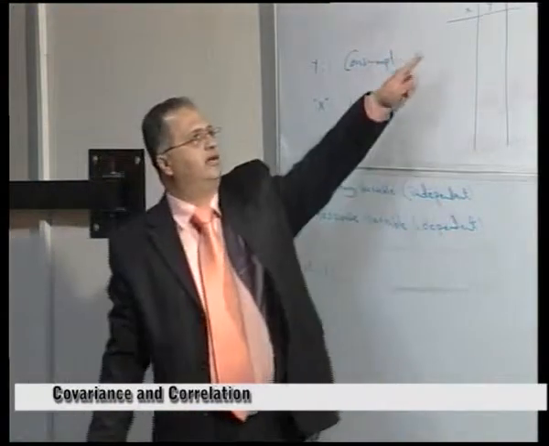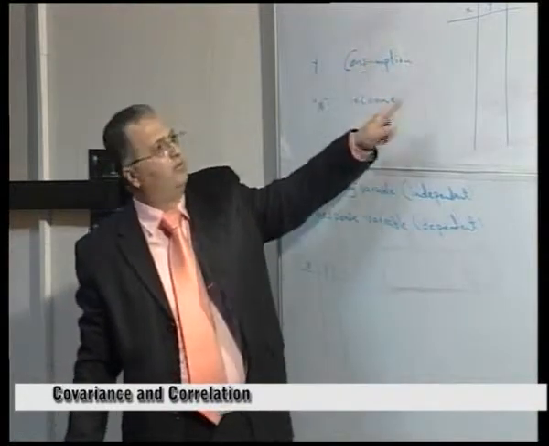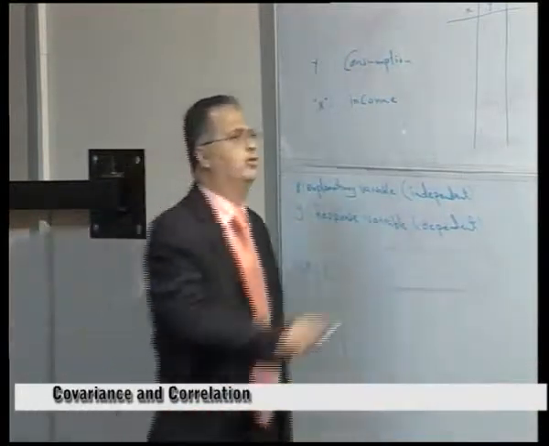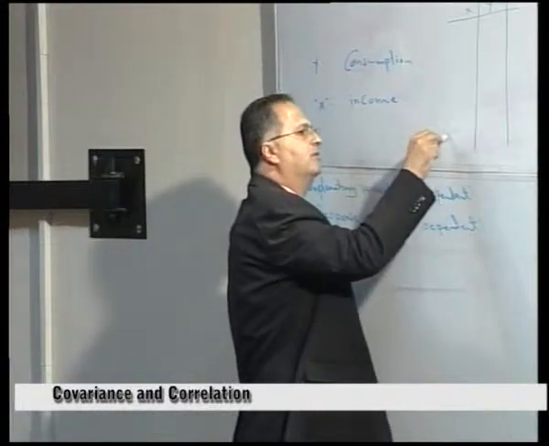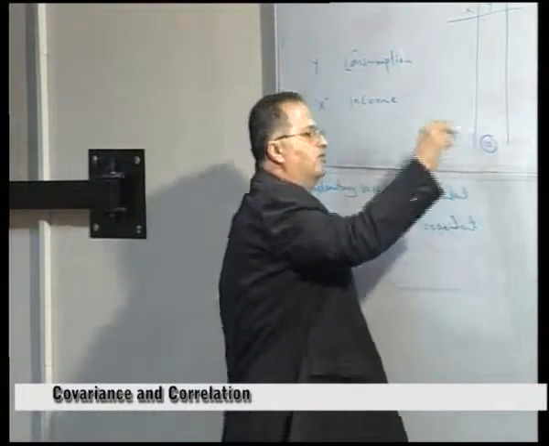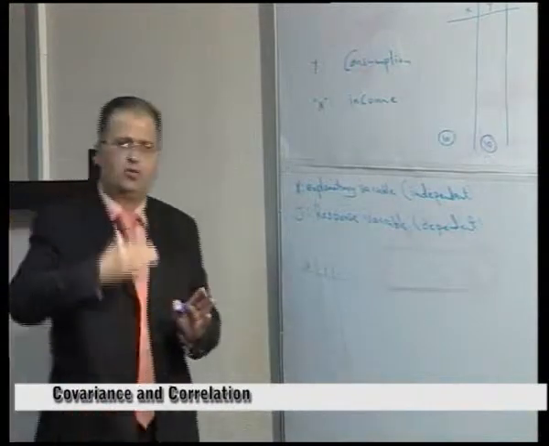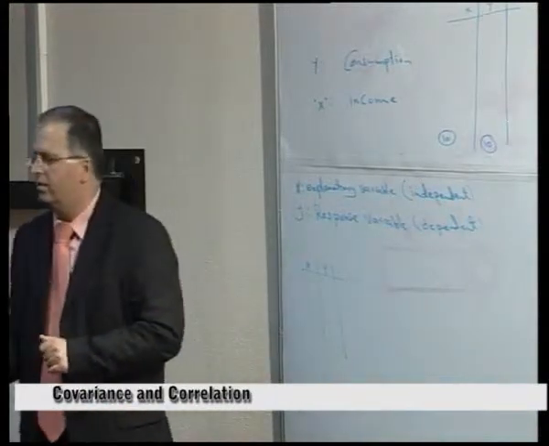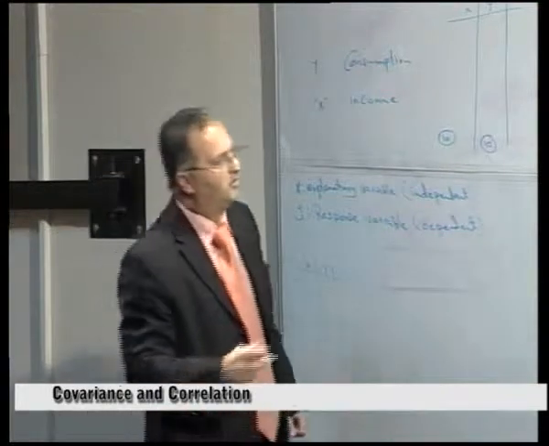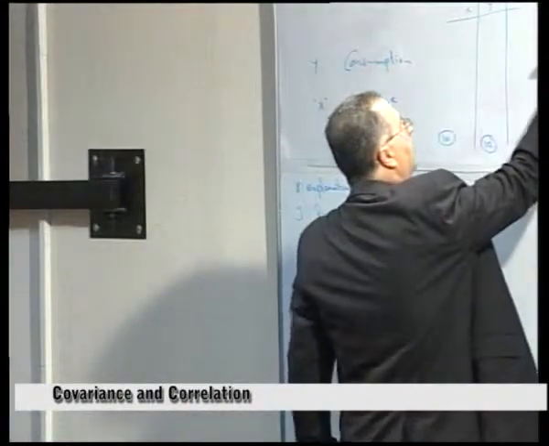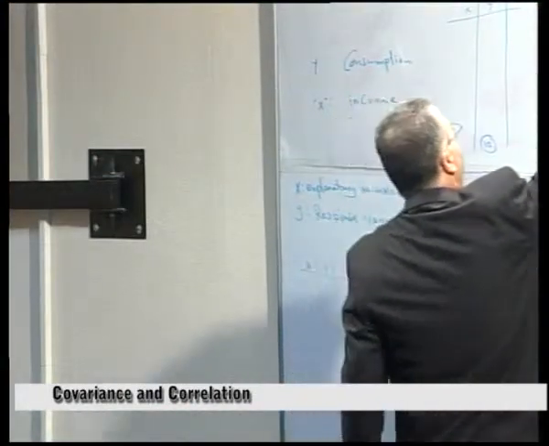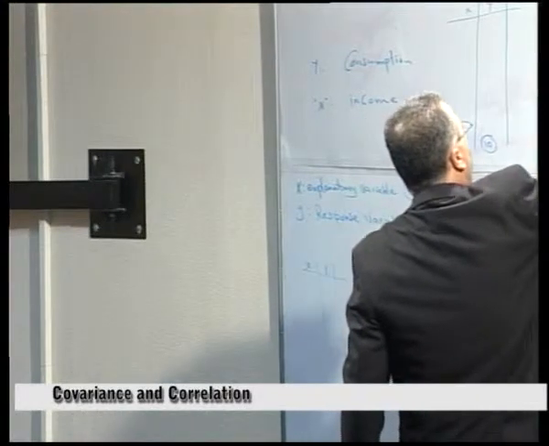The number of values of x should be equal to the number of values of y. So if we have 10 observations for x, we should have the same number of observations for y. It's pairs: x1, y1, x2, y2, and so on. Now, the shortcut formula to compute r is sum of xy